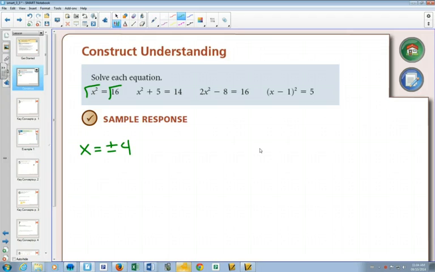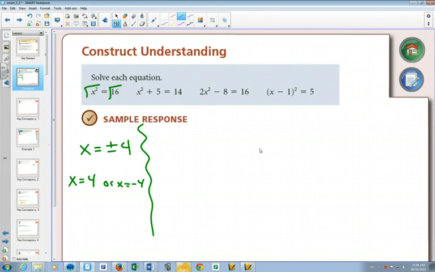Do you remember that when you square root both sides, you have to remember to put the plus or minus, because it could be 4, because 4 times 4 is 16. It could also be negative 4, because negative 4 times negative 4 is 16. You put the plus and minus, or you could write it like this if you want, but the plus or minus takes less space,